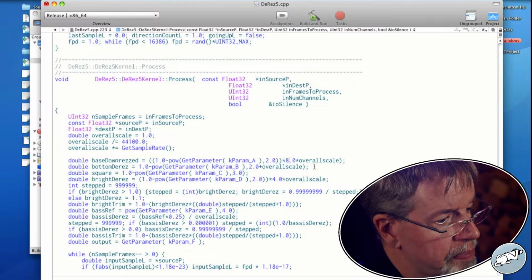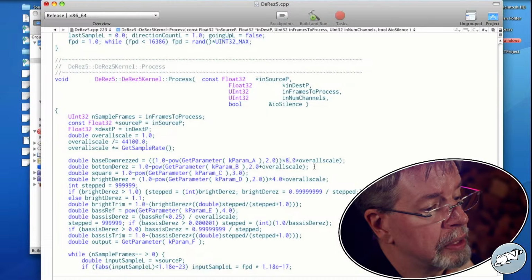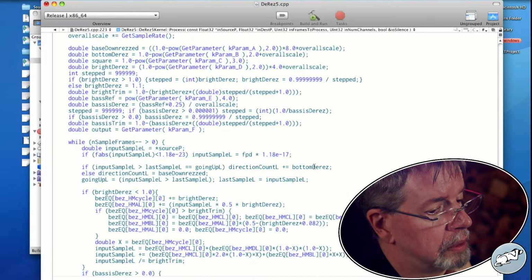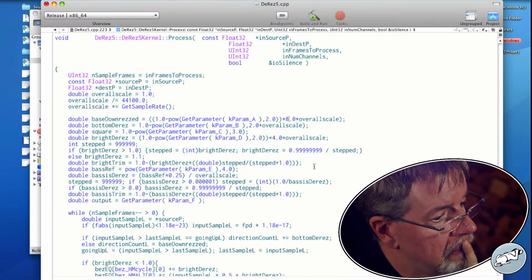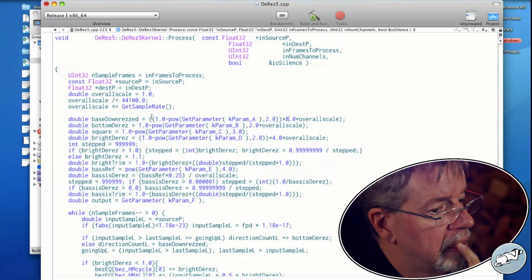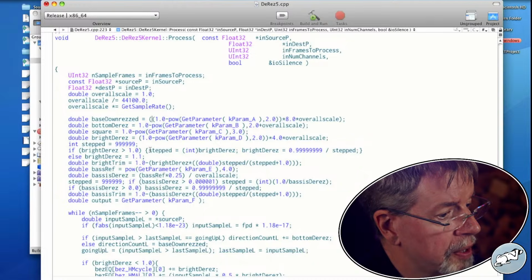But we'll start with base down res. We'll start with it being at 1. I think we don't need these parentheses here.